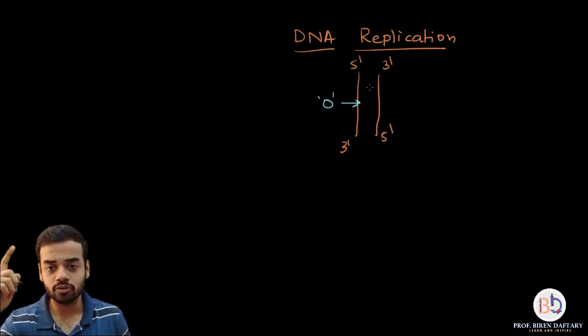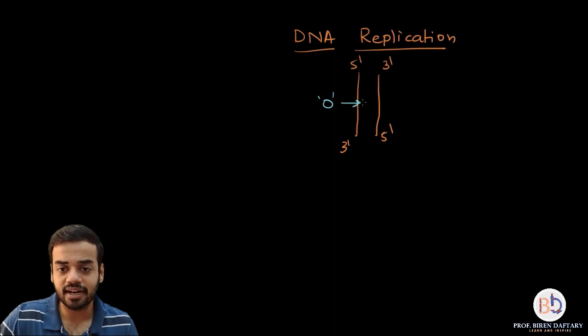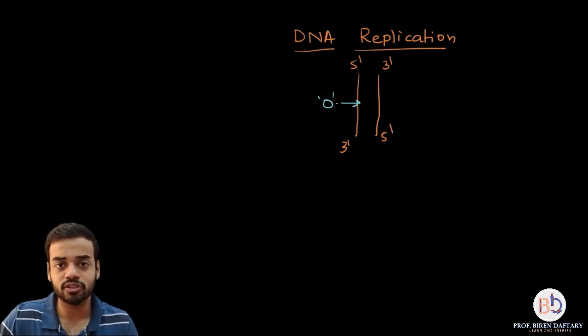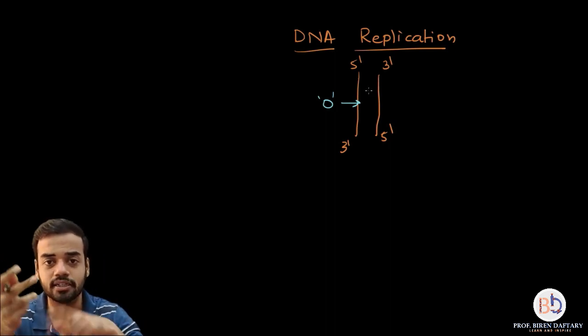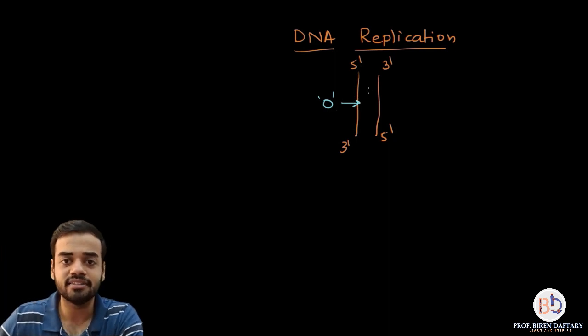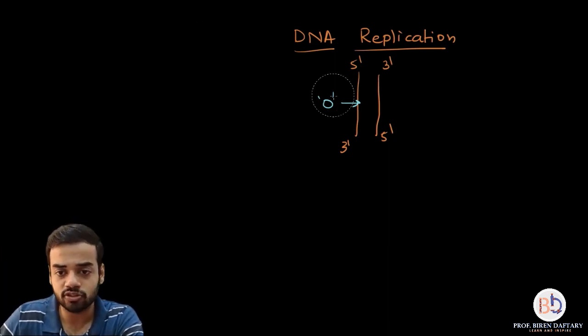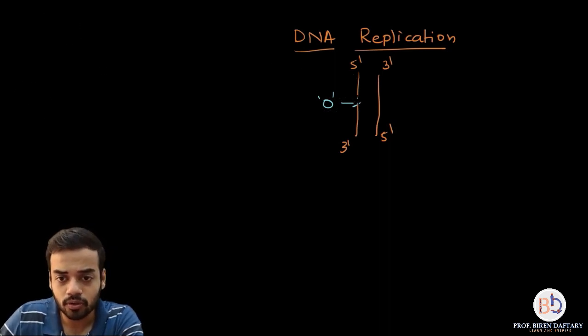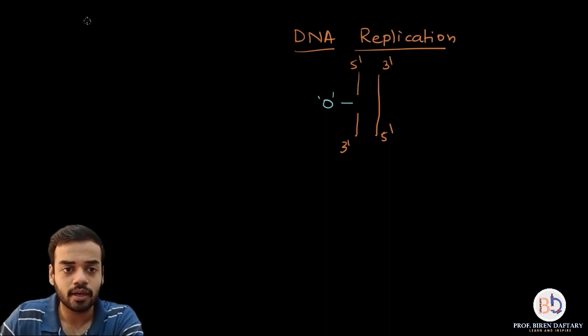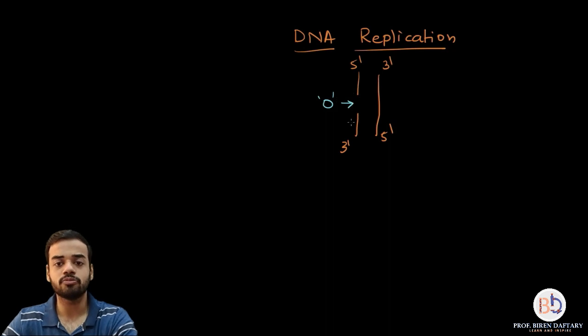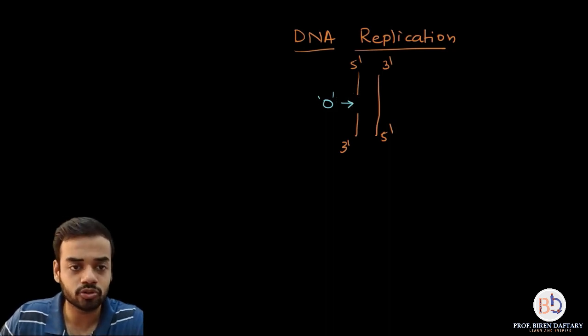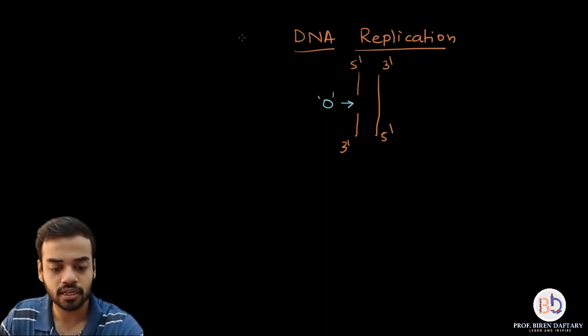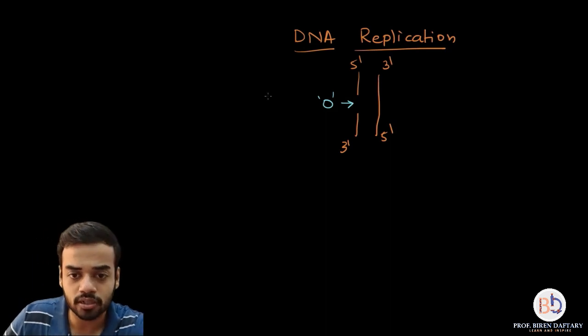So first thing that is going to happen is this strand, this one on which I have shown this O, that is going to be nicked, it is going to be cut by an enzyme called endonuclease. So what I'm going to do is I'm going to just rub a small part, okay, and that is the cut produced by the enzyme endonuclease. So let me just write down over here. I'll highlight all the enzymes with yellow color.